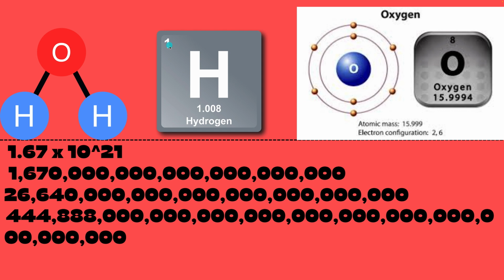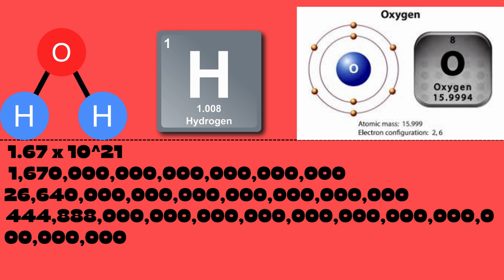They have a nucleus which has neutrons and protons, and then there are outer rings of an atom, and these are the electrons. And so one water particle is made out of one oxygen atom and two hydrogen atoms. Just to help you understand, one droplet of water, a single droplet, has